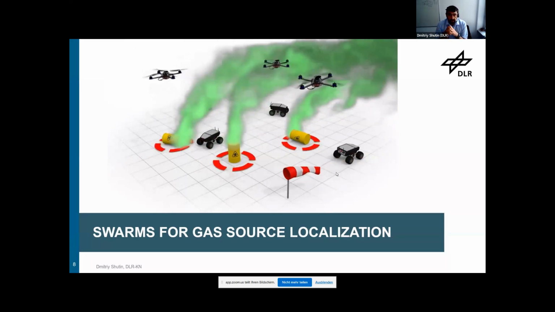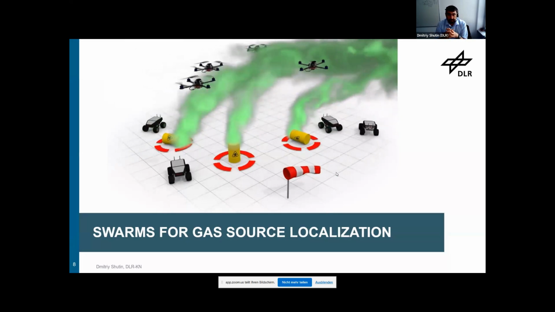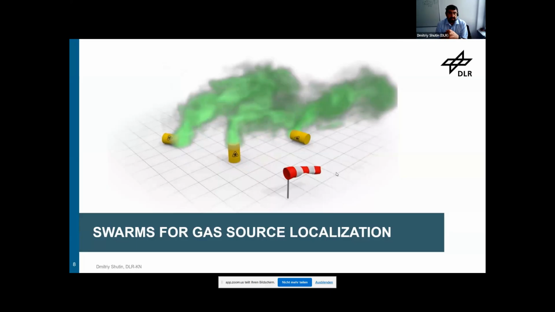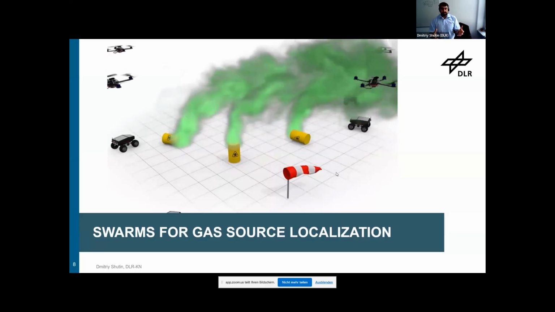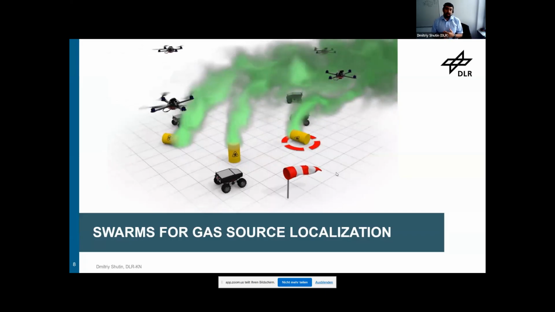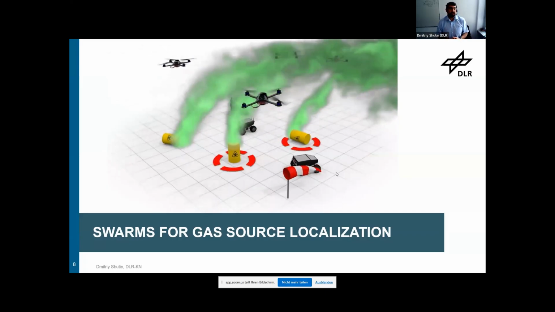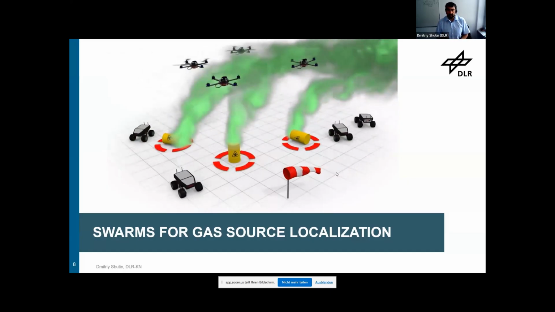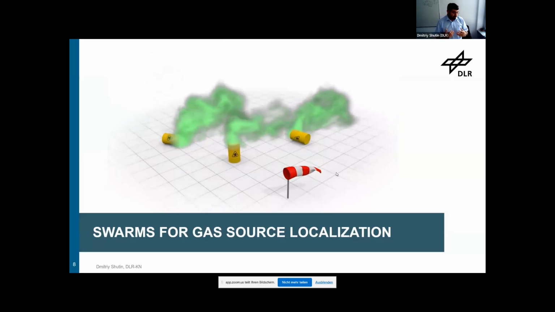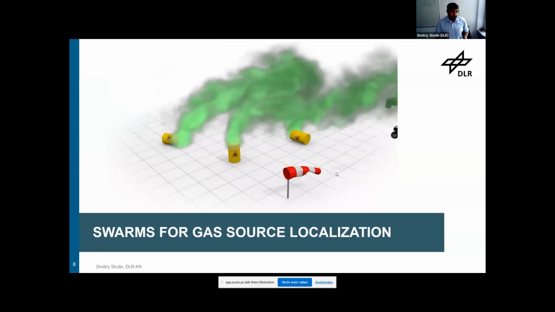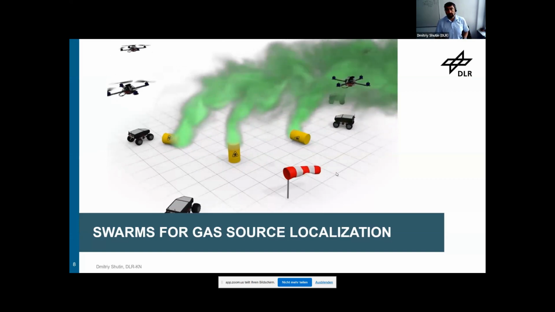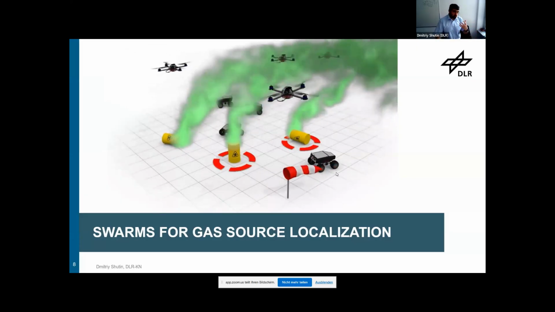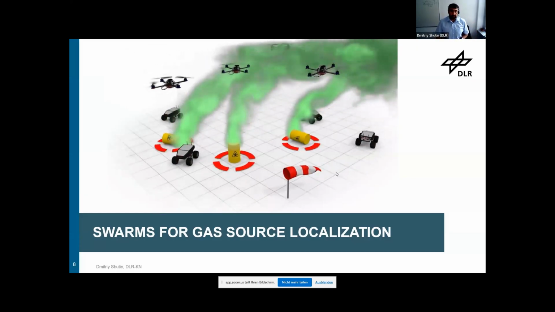But what you can do is take a robotic swarm, equip it with a number of sensors, and utilize the swarm to collect this data, process this data in an appropriate fashion in order to identify how many sources we have and where these sources are located. So this is a task that we set to solve, and this is an approach that we also apply, for example, for exploring forest fires, trying to understand what are the possible sources of the forest fires, given the measurements that we can collect with the ground sensors or flying robots.